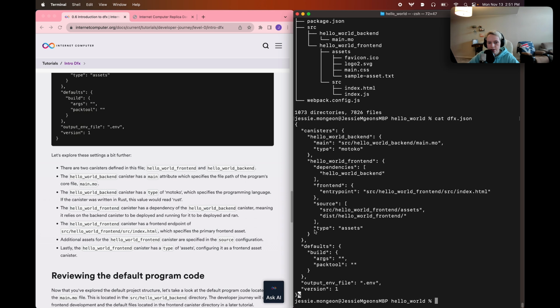Lastly, for this canister, we can see that its type is defined as assets. That's a little bit different from our backend canister, which has the type defined as Motoko. This one is type assets, since this is an asset canister or a front-end canister. So this is just telling the configuration that this is going to be the user-facing canister. This is going to hold the UI and other visual assets used to interact with the backend source code in